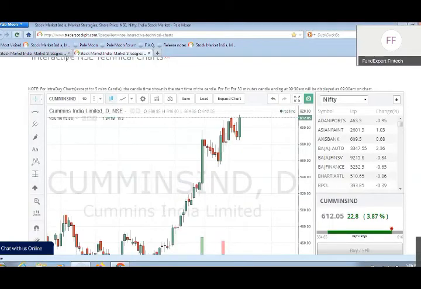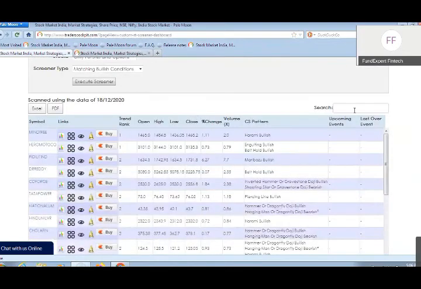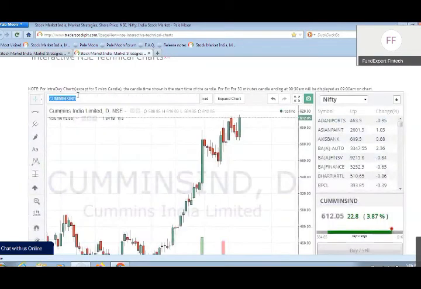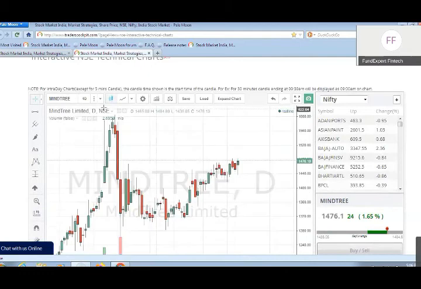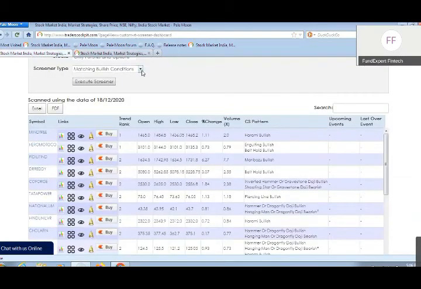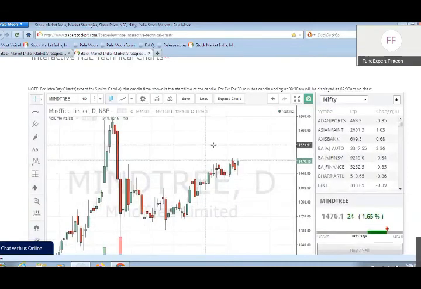now this BTST or STBT screener, you can execute somewhere by 3:15 itself, somewhere between 3 to 3:30 itself, to scan for some BTST or STBT trades. And here, if we come to the charts, say for example in Mindtree, on the daily candle, if you see this Harami bullish candle which has been formed in Mindtree here,